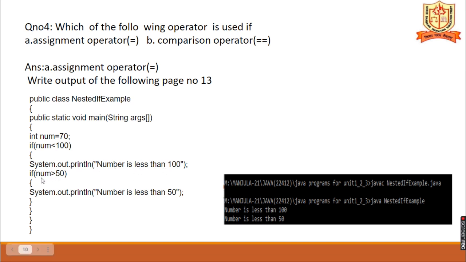If num is greater than 50, then the number is less than 50. So which part will be executed? This or this? So num is 70. So greater than 50 will be executed. Both conditions are satisfied, but here it should print less than 50.